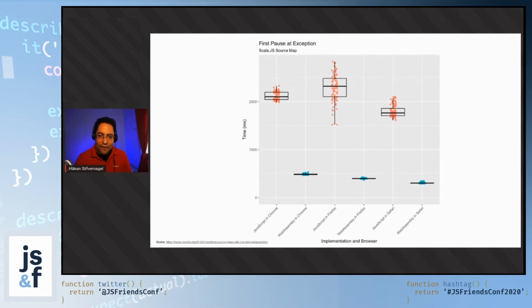So for example, in Firefox, you can see it has the largest spread, whereas in WebAssembly, you have a very low standard deviation, which means that you will be able to calculate the performance of your WebAssembly applications and rely on that performance to a much larger extent than with a